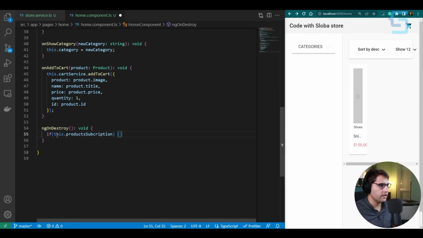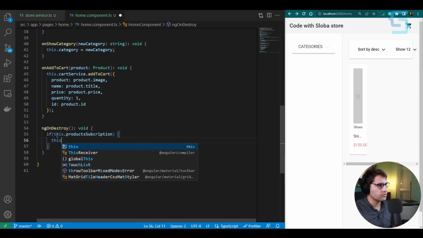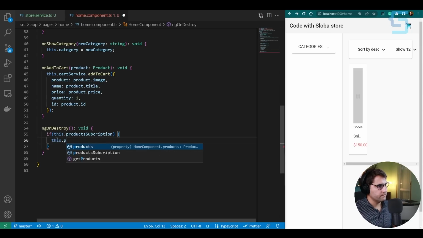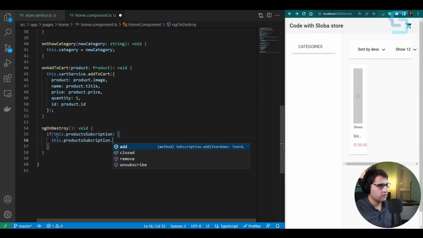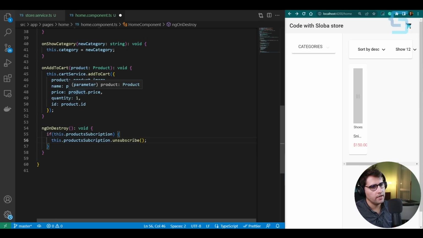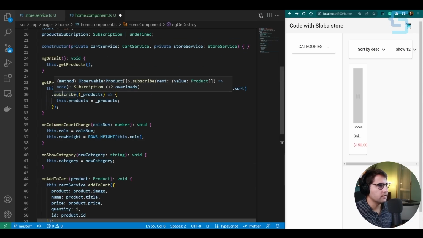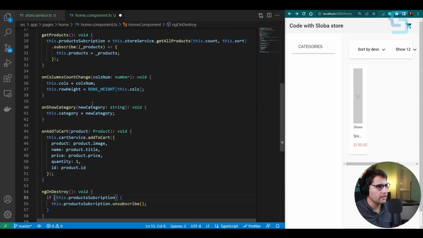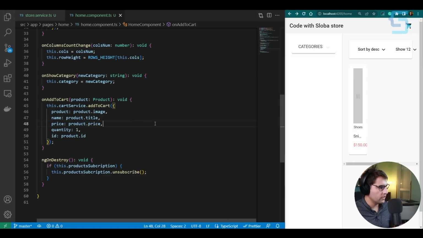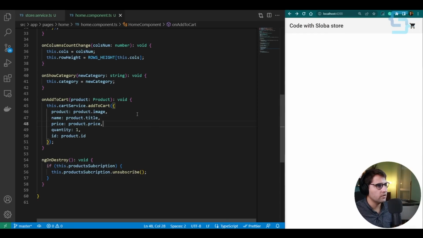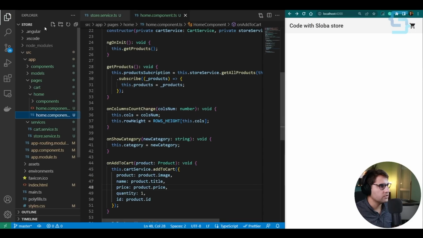So if we created this subscription, we want to unsubscribe: this.productsSubscription.unsubscribe. Otherwise, if you navigate to the home page and cart page a couple of times, you may end up creating a couple of subscriptions, and you will result in memory leaks, and that's something that you don't want to have in your application. Especially as your application grows, you may start losing